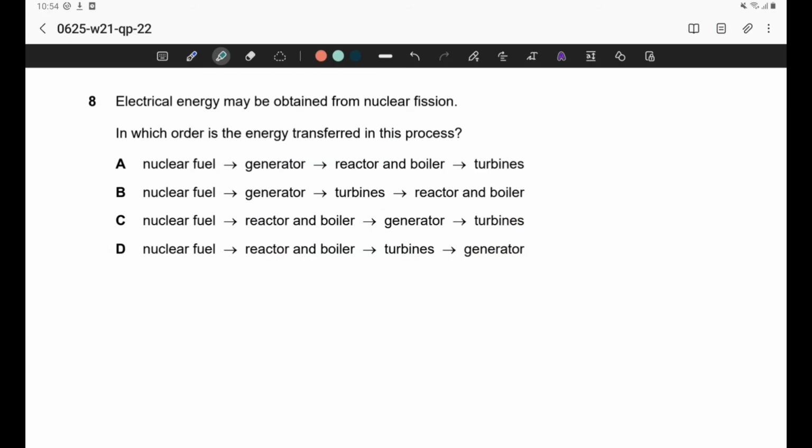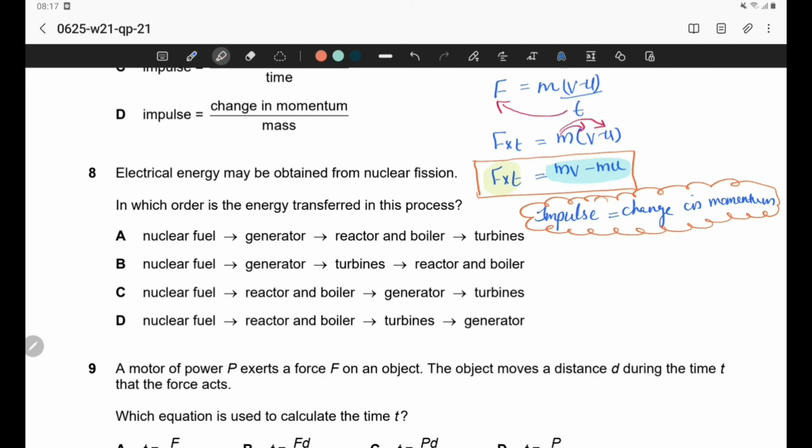Question 8. Electrical energy may be obtained from nuclear fission. In which order is the energy transferred in this process? So in order to know the answer of this question, know the process of how nuclear fission can be used to generate electrical energy. Basically, initially we will have nuclear fuel, the materials or substances which will undergo